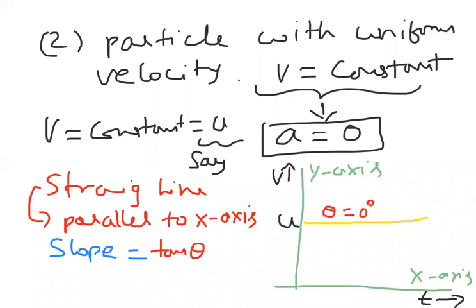So I can write the slope is equal to 0. Slope is 0. No slope here. So what is u? U is also called the y-intercept. Y-intercept is positive. So we have taken from the positive y-axis, and u is the initial velocity. As velocity is constant, whatever the initial velocity is, the same velocity continues.